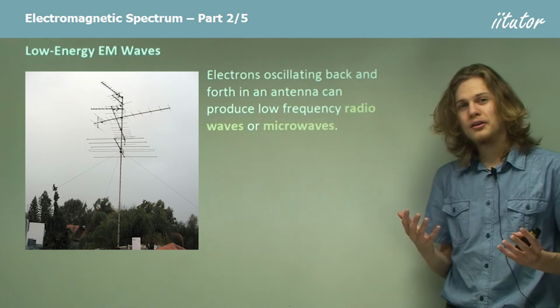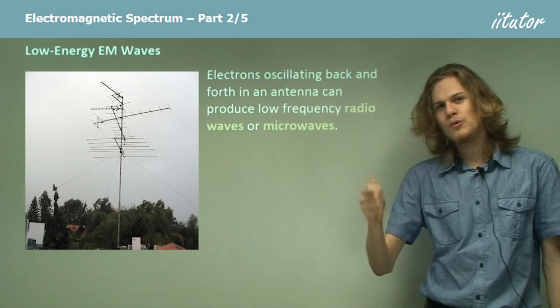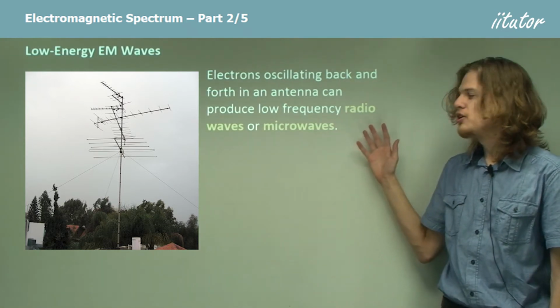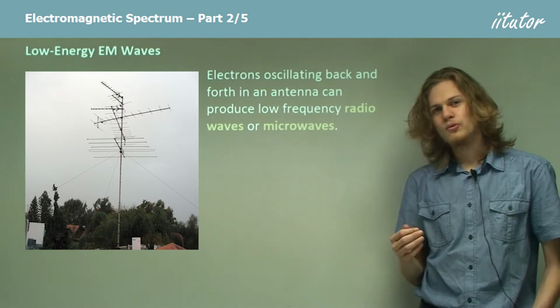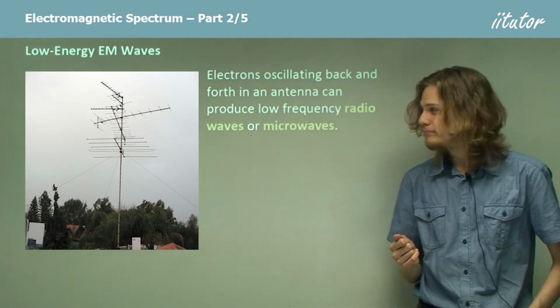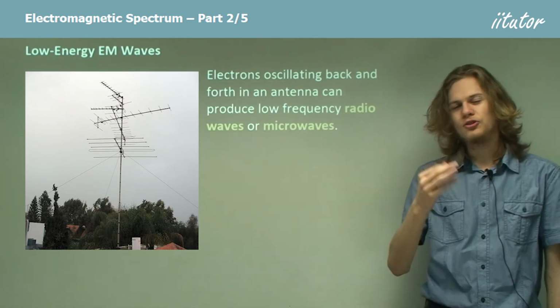So how do we create low energy electromagnetic waves? Well, we take an electron and we wiggle it back and forth. This will create low frequency radio waves or microwaves. Remember that microwaves have a wavelength of a few centimeters. So all we need to do to create waves like this is take electrons and wiggle them back and forth